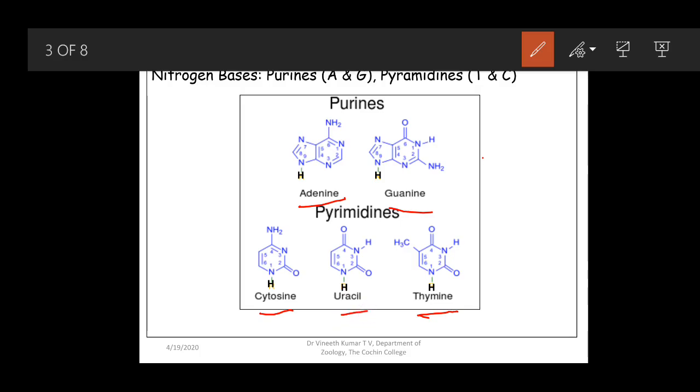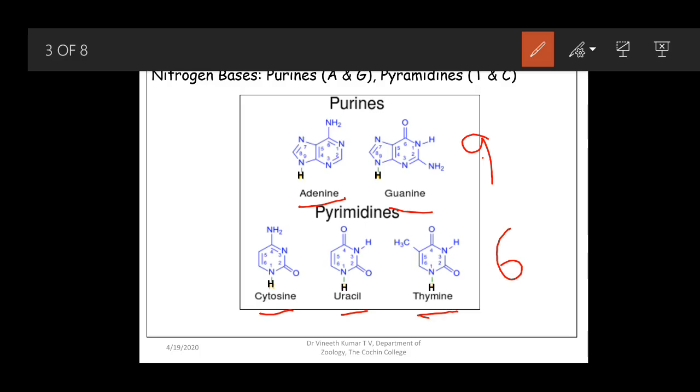So if you take these structures, you can see that purines are 9-membered ring structures, and pyrimidines are 6-membered ring structures. And we saw earlier in the case of the sugar, that it has a 1' hydroxyl group. Purines or pyrimidines, whatever the nitrogen base be, will be bonded to this sugar at the 1' carbon or 1' hydroxyl group of the deoxyribose sugar, or ribose sugar in the case of RNA.